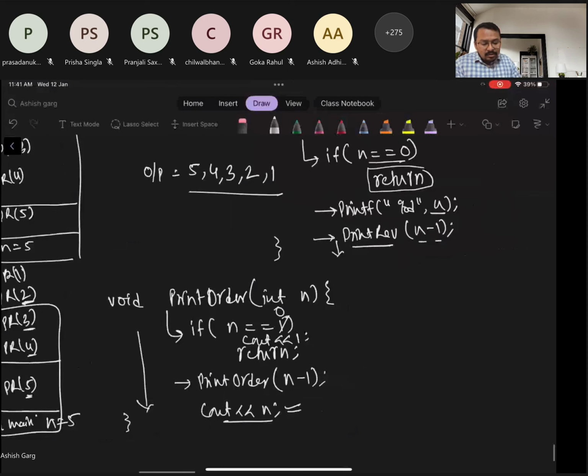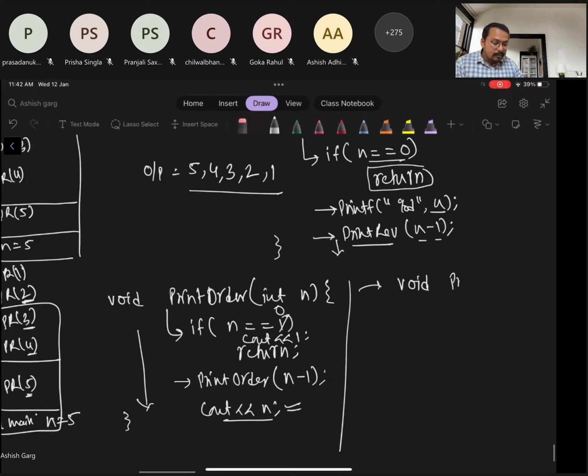Another method to write this, one more method, is by using a static variable. So we can write void printOrder with integer n, and here we can define static int i equal to 1.